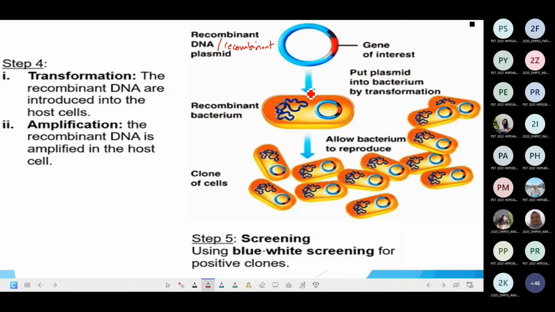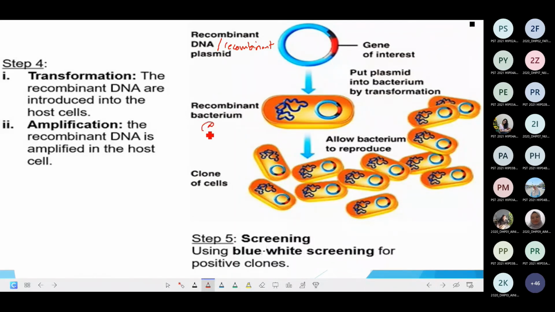Okay, and then we continue with step number 4. Step number 4 will be transformation, in which we just put this recombinant DNA into a host cell. So this will be our last tool. The last tool will be the host cell. We can use the E. coli, and we put the recombinant DNA into this E. coli. So transformation has been done, and we call this bacteria as the recombinant bacterium, or we can also call